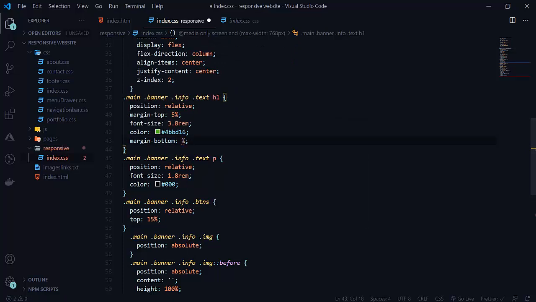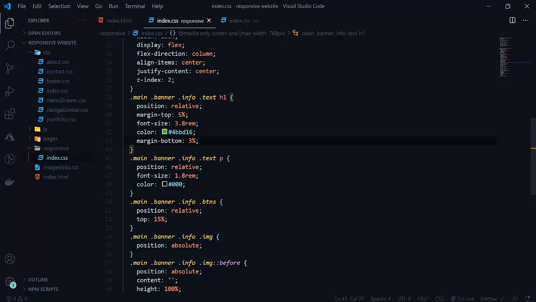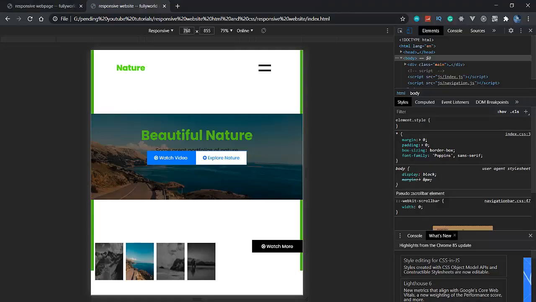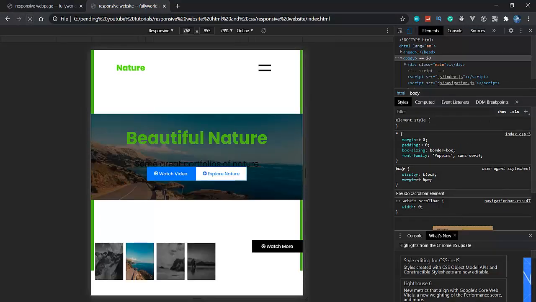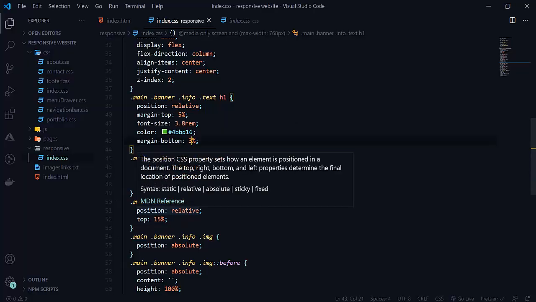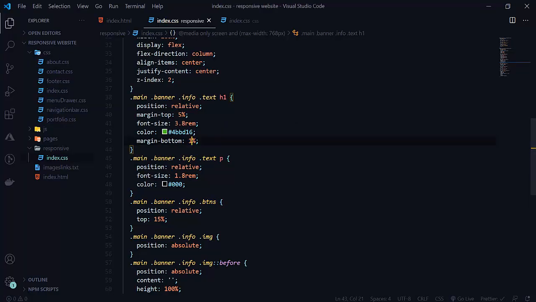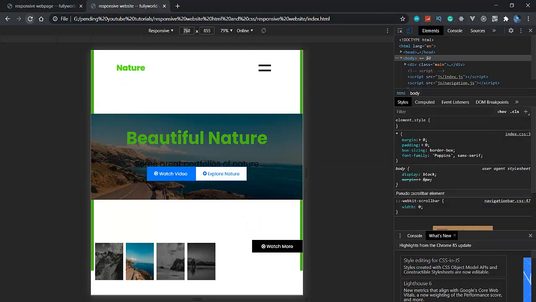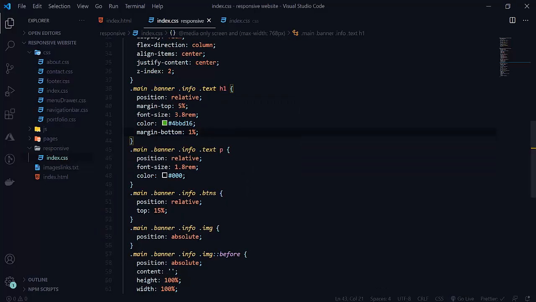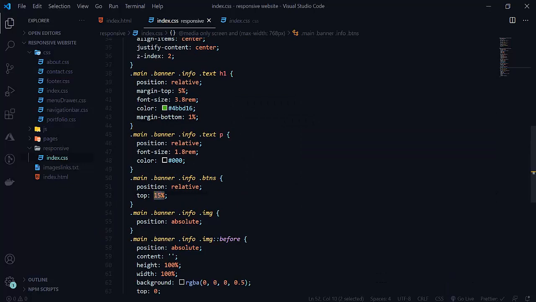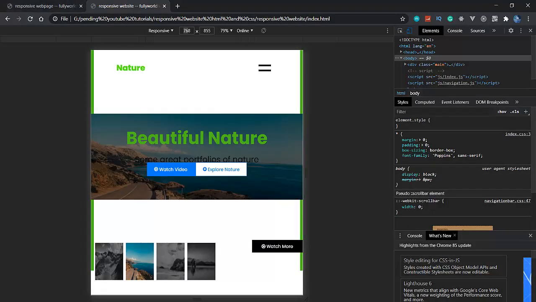So here we want margin bottom 3% here. So let's see this if it is working or not. 3% is very much. So let it be 1% only. Yeah, 1% is looking good. So let's change its top to 35% for the buttons.